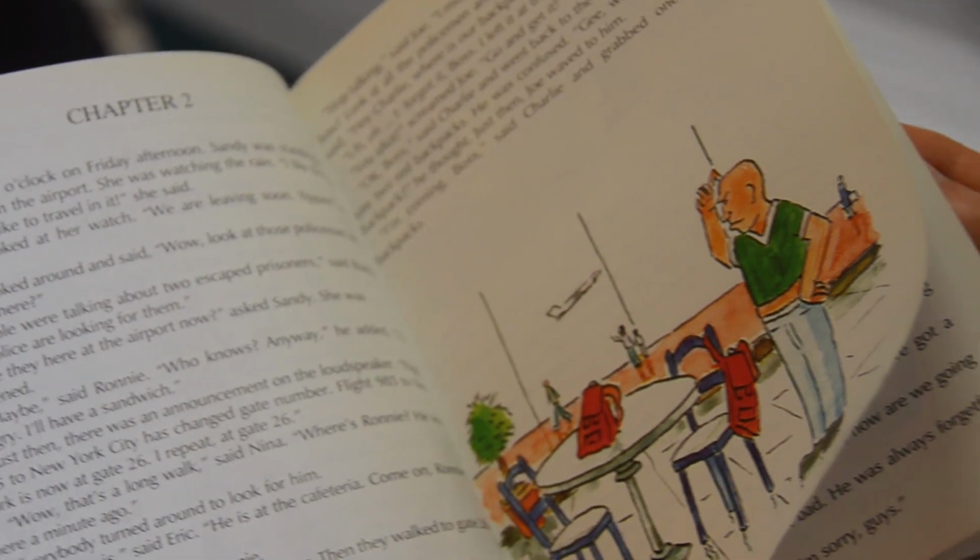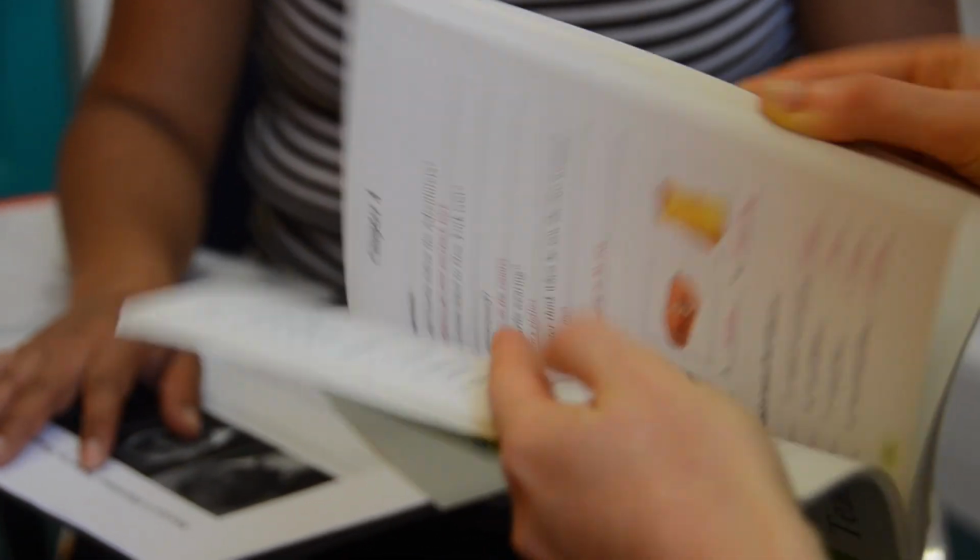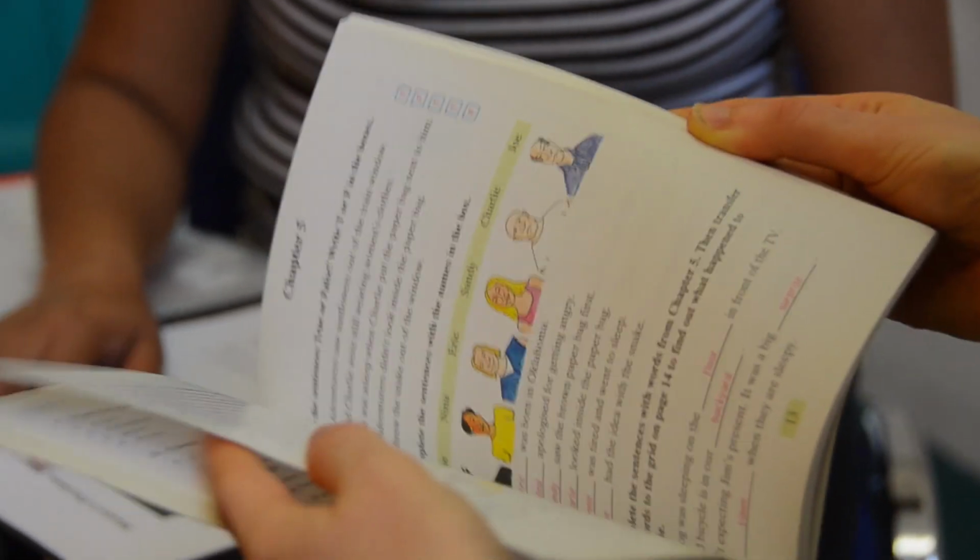Or it can be a novel, if you have a higher level, or a novel that you really enjoy, then you can use that in the exam as well. And then what do you have to do to prove that you read the book? You have to write about the book and...